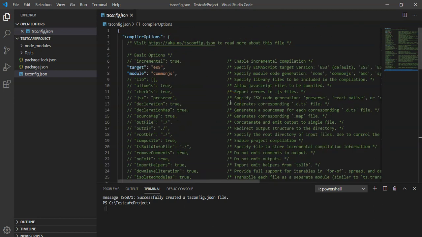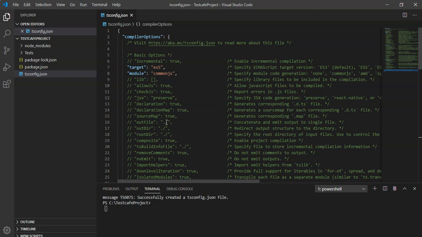Basically, we have these compiler options and the descriptions available here. You just have to uncomment them and provide the required value if necessary, and you can do the configuration settings as per your project requirement.